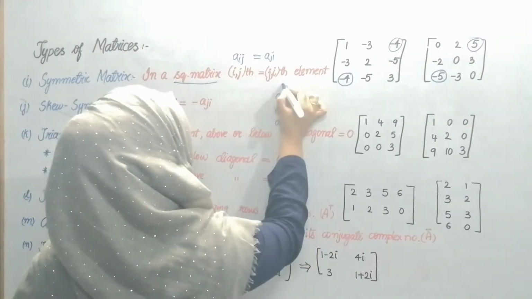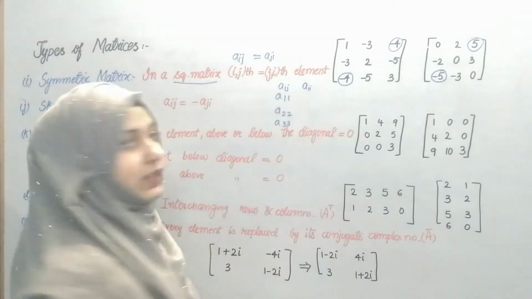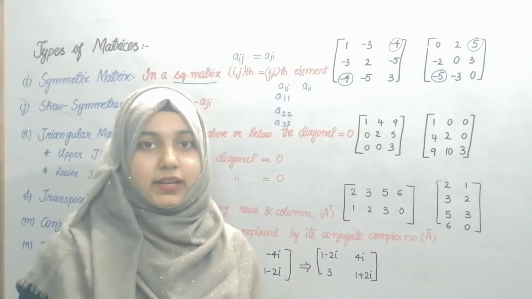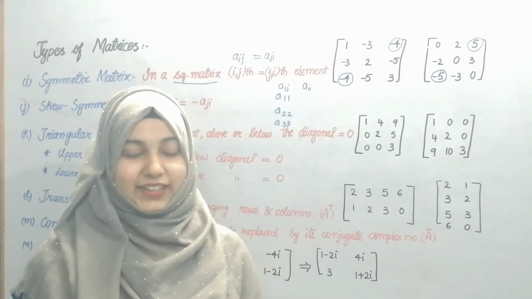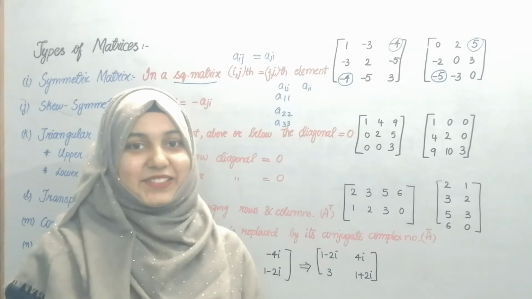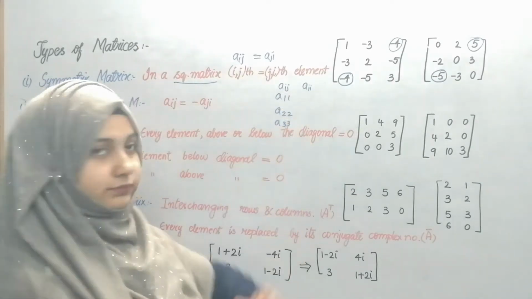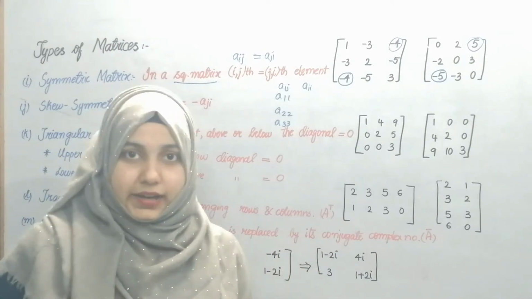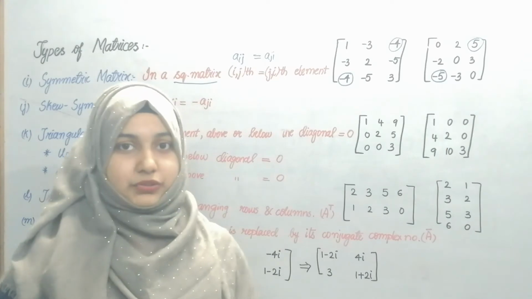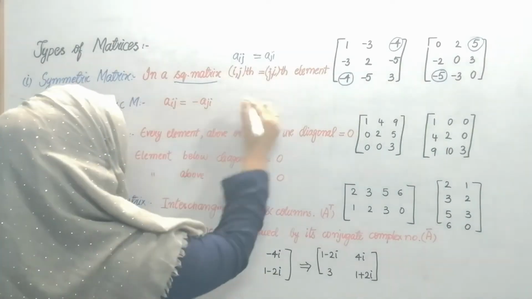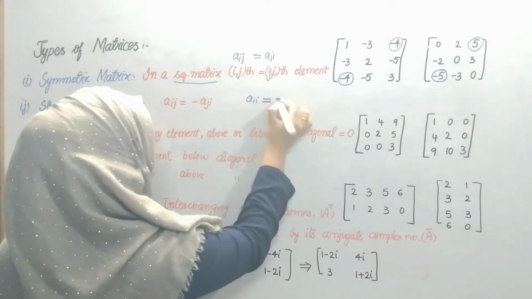Instead of writing them as a of ij, I'll write a of ii. Because both are the same, right? i and j are both the same. I can write aii or I can write ajj. Okay? Anything, because both are the same. Instead of writing ij, I'll write either i or j. Clear? Now, we said in a skew symmetric matrix, this a of ii should be equal to minus of a